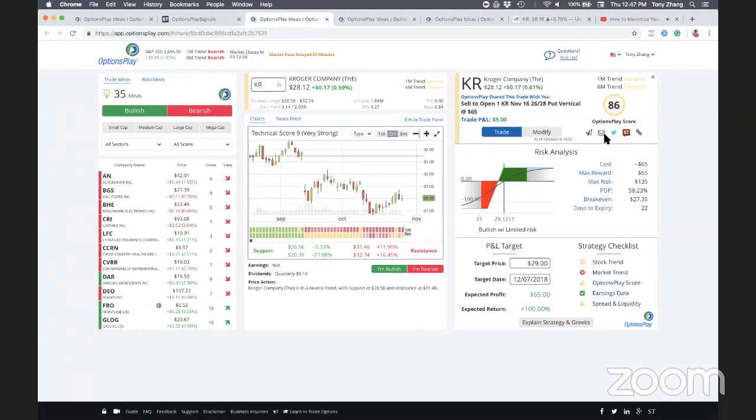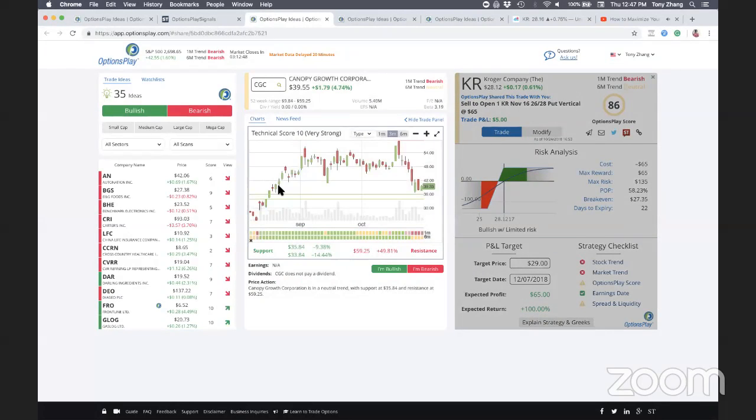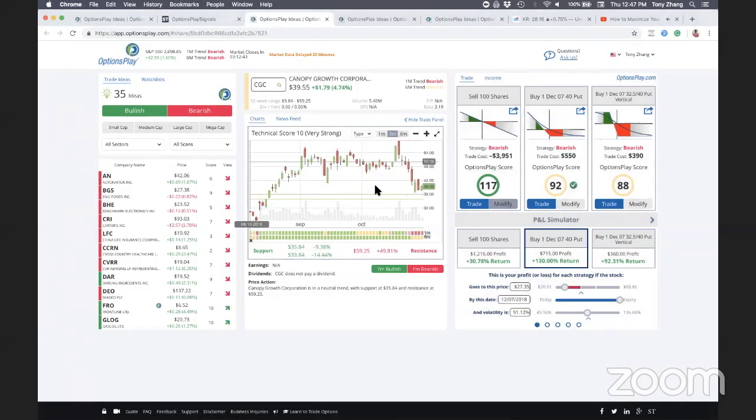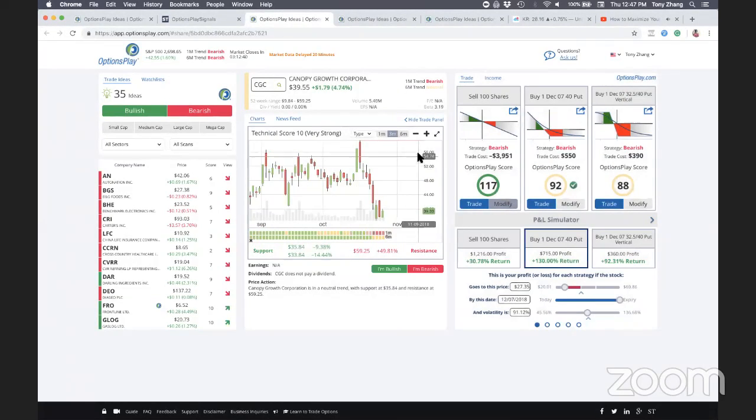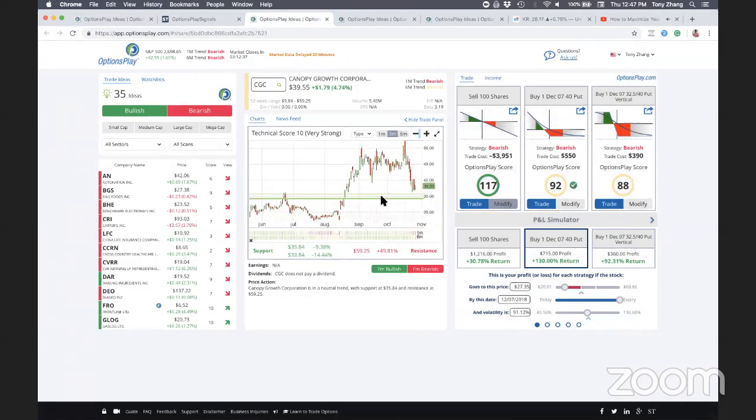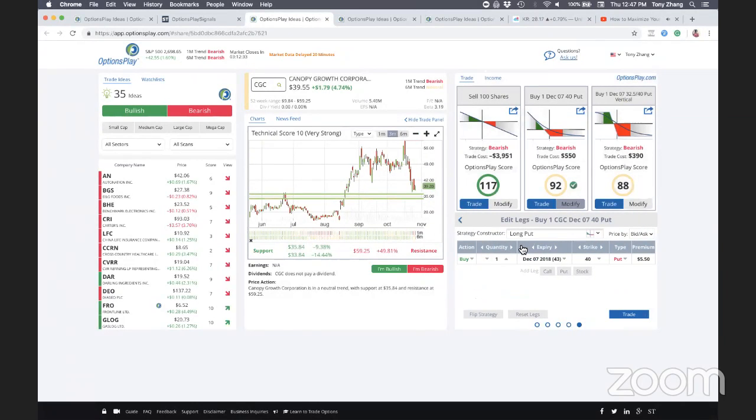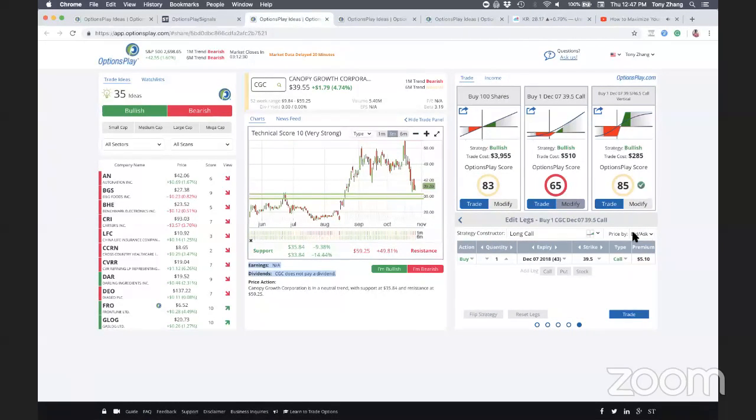Would you please do an example with CGC comparing the debit spread versus the credit spread for January? Sure. Canopy Growth. So let's say you think that this stock is bottoming, which it certainly is sitting right above a support level. So that's certainly an interesting time to look at a debit spread versus a credit spread. So first I'm going to select I'm bullish. Let's take a look at a bullish credit spread, or you wanted to look at January. So let's say I buy the 45, sell the 52.5, which is a debit spread that I can trade,